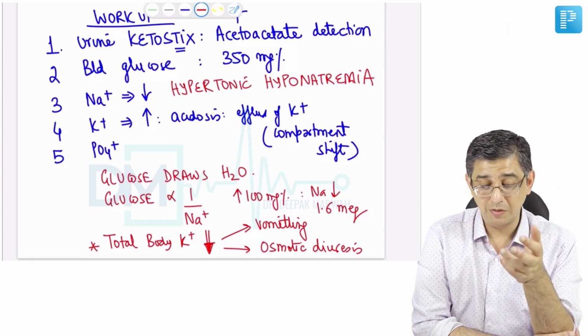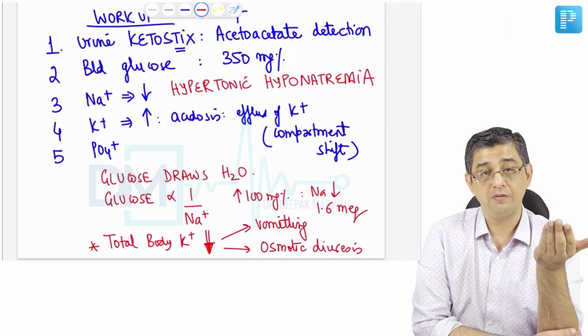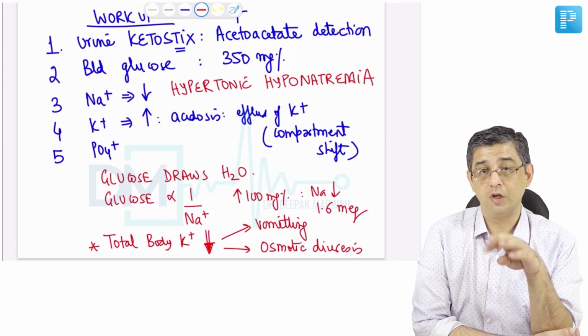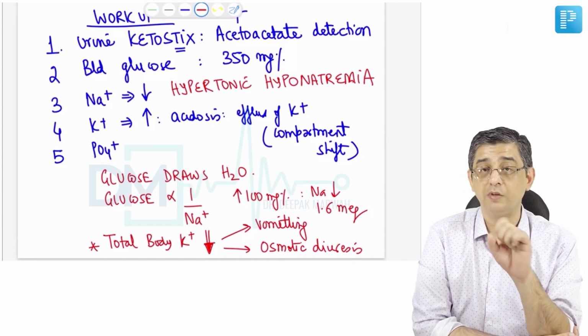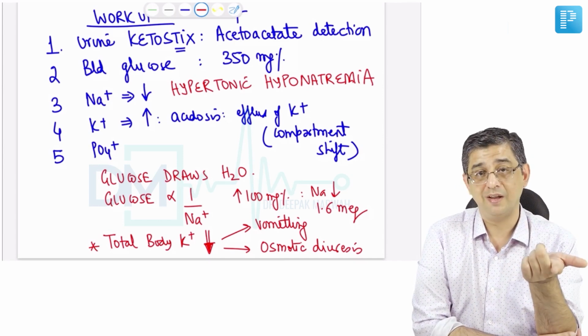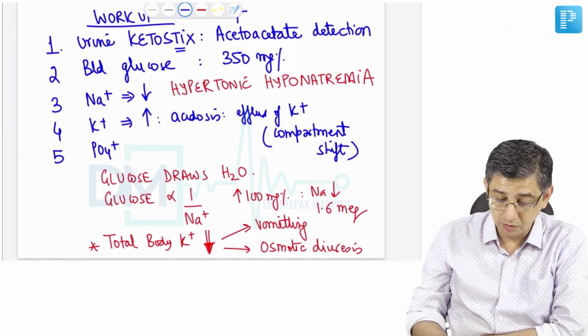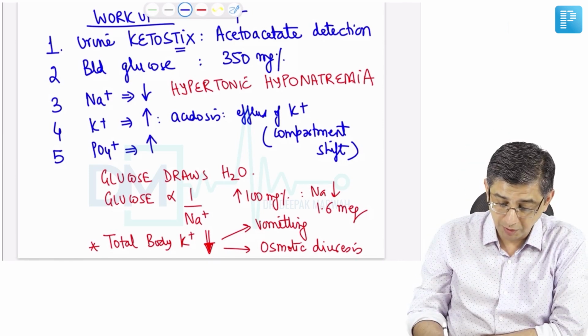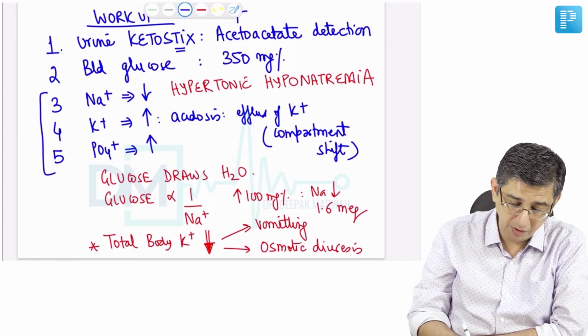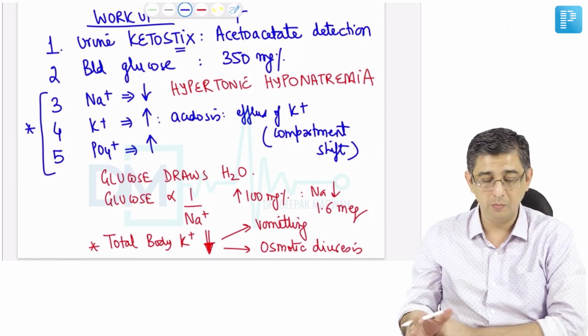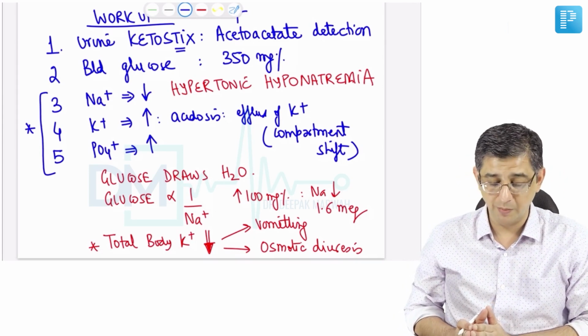So treatment of these patients is basically based on the fact that if you're good with your electrolytes and good with your fluids, you would be able to save these patients. Otherwise, these patients can die. That's why I was saying mortality rates can go up to 20% for this condition. The values of phosphate will definitely be increased in these patients. So these three aspects have to be remembered: a low sodium at the moment, elevated potassium, and elevated phosphate in a patient.